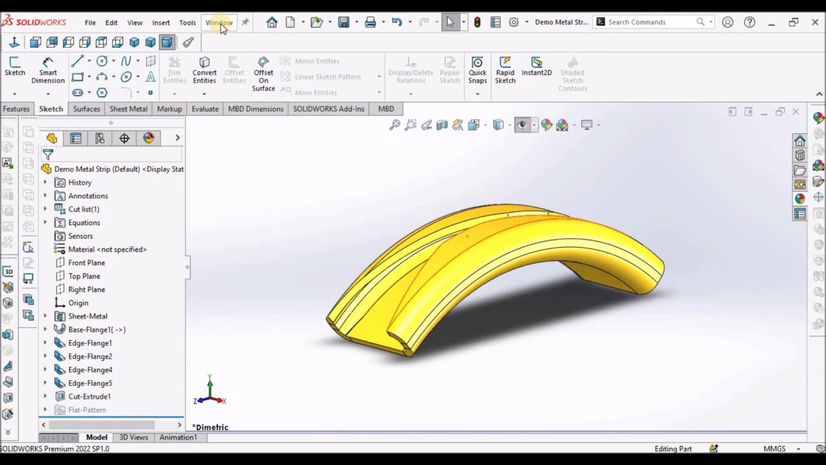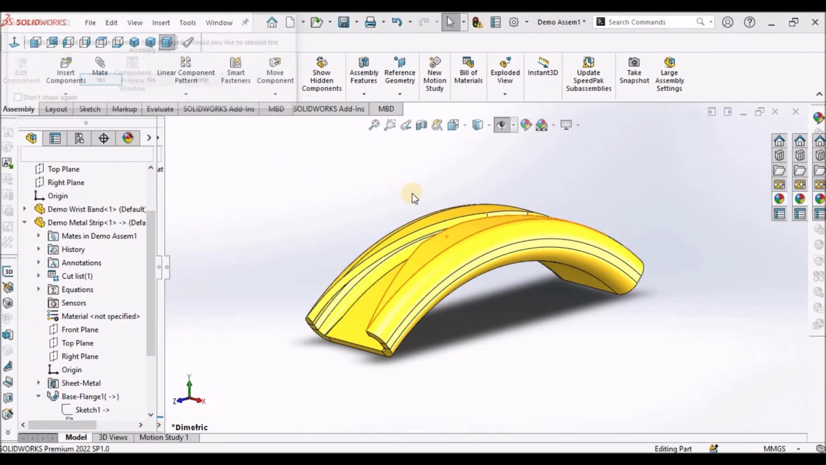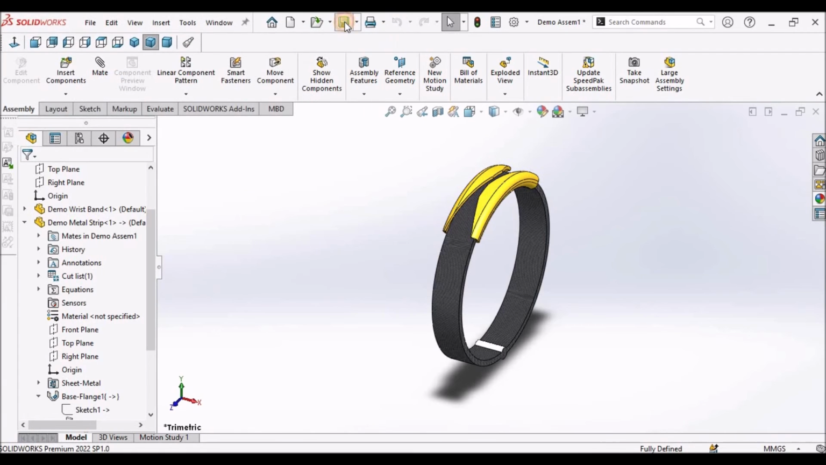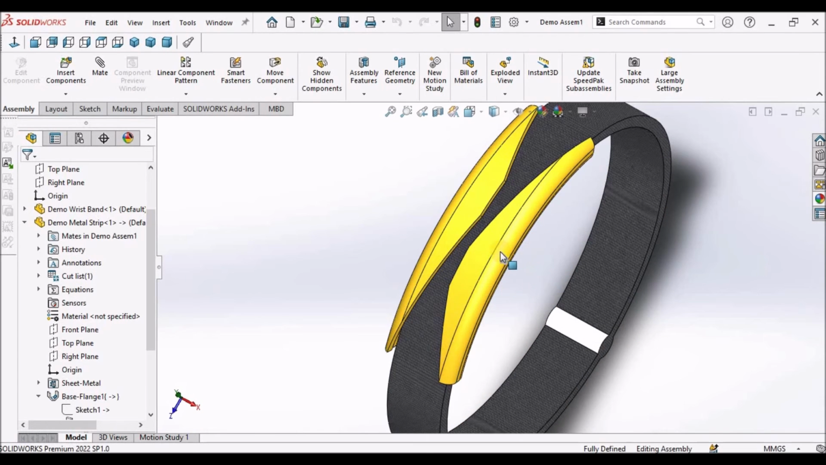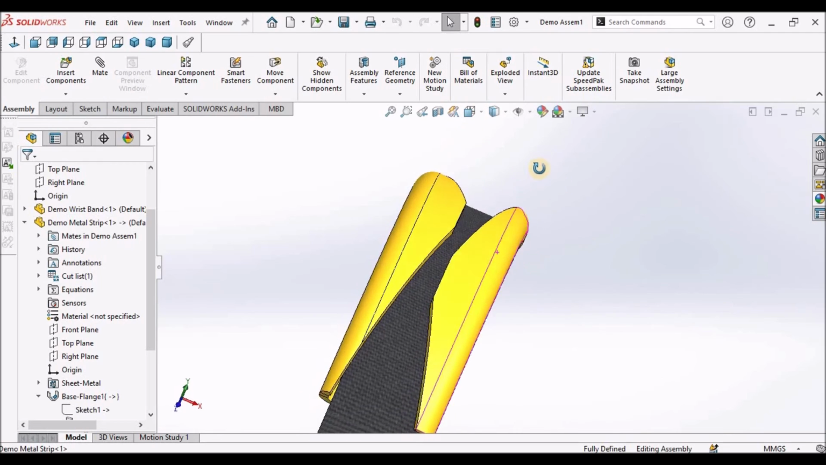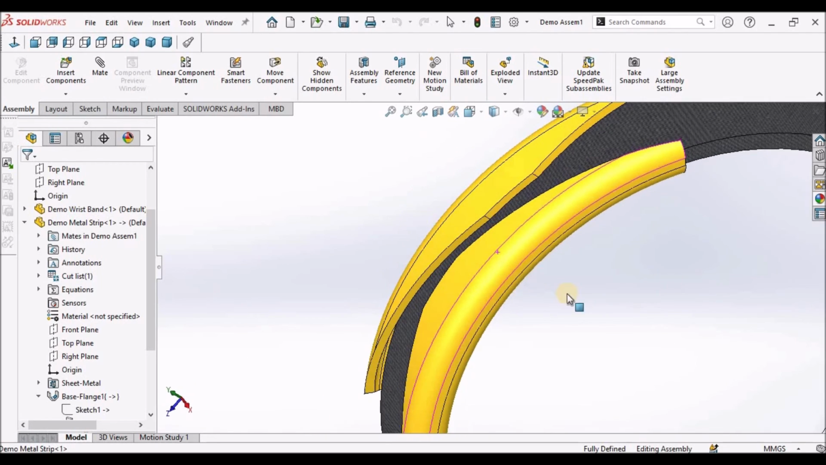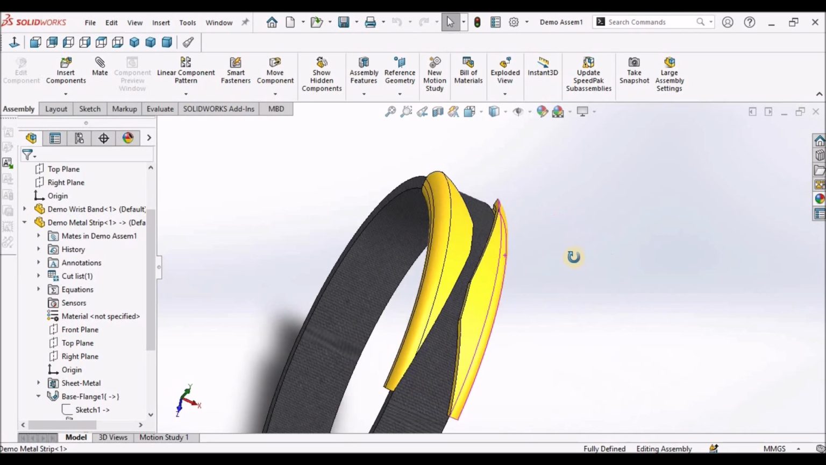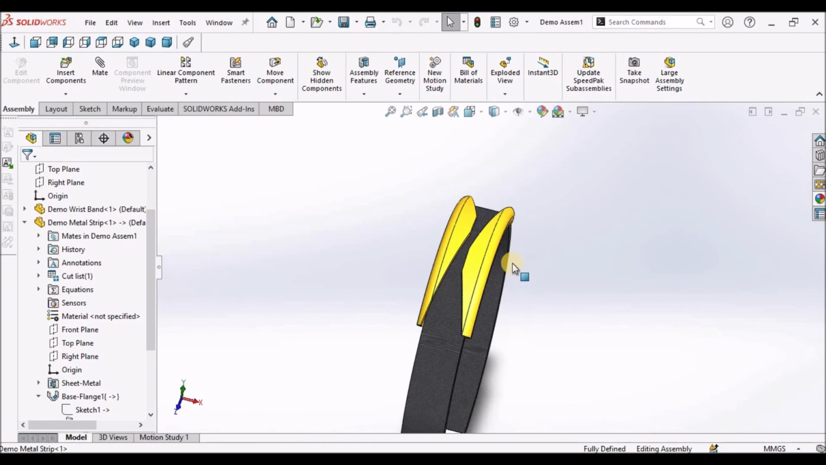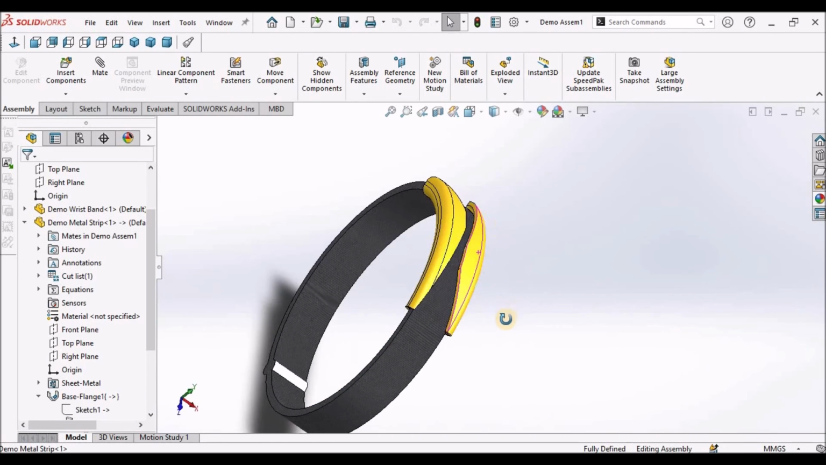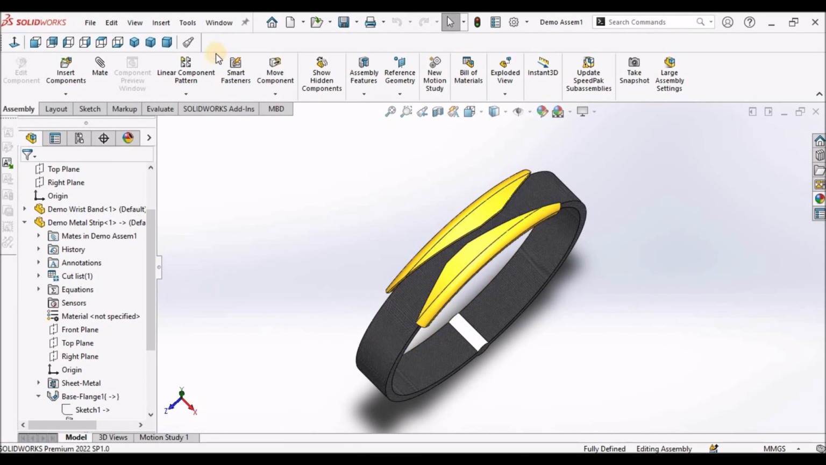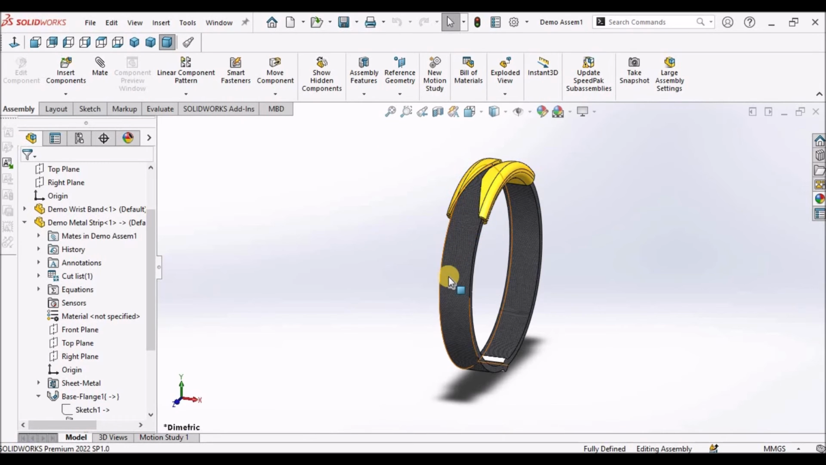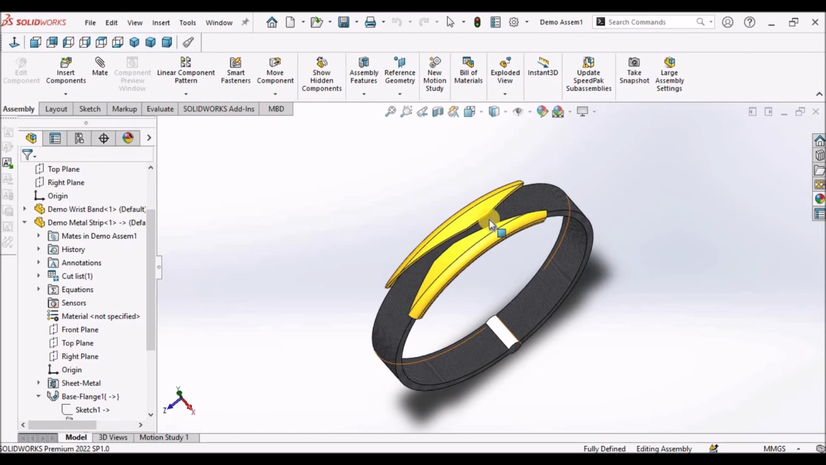Now let's go into the assembly mode. See here, I'll keep it in isometric. See here. So we can use the metal strips in product design and product styling, and we can design in this method with a top-down approach. Okay, next I am going to show you